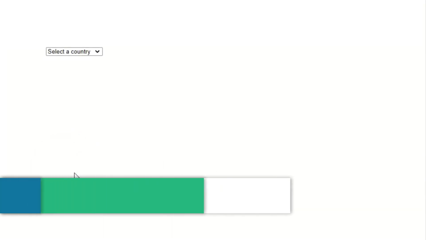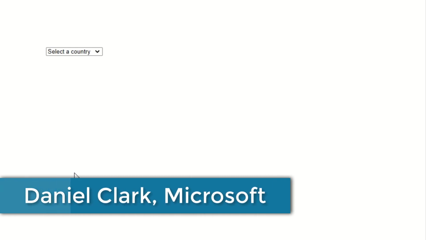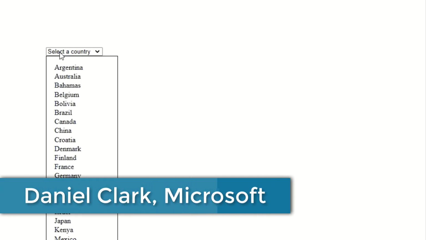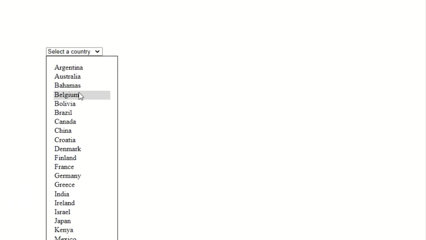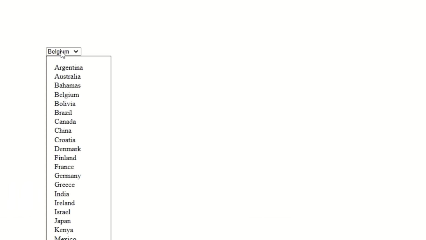A form control that developers frequently have to rewrite from scratch is the select, because there are limitations to how much the browser's built-in one can be styled. For example, the select's dropdown can't contain images. But rewriting this control can be a lot of extra work, and sometimes the implementations won't be keyboard accessible or won't have the correct ARIA annotations.